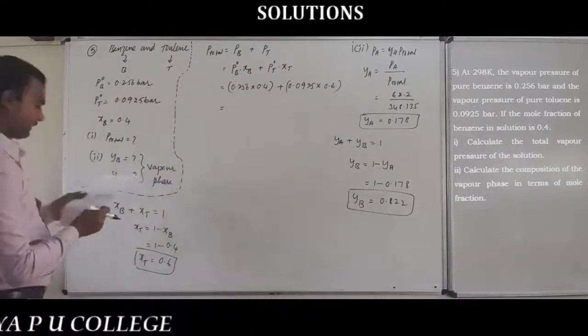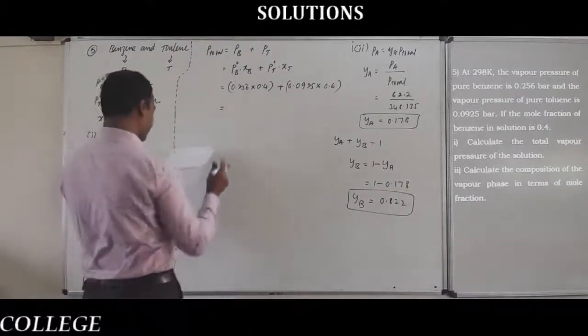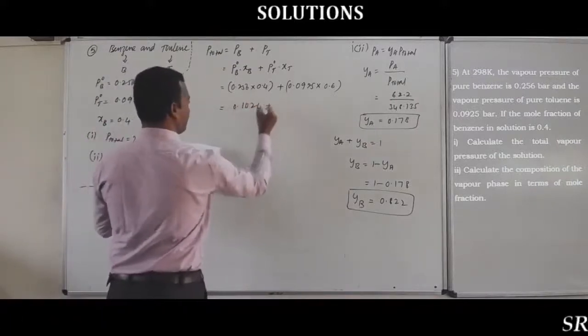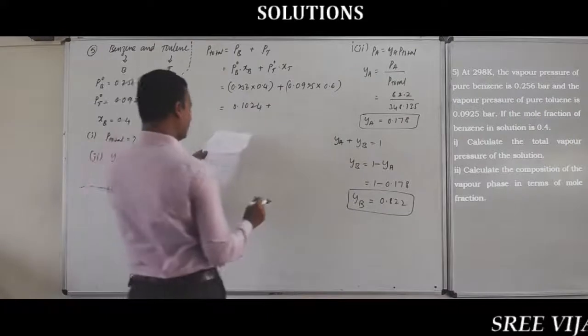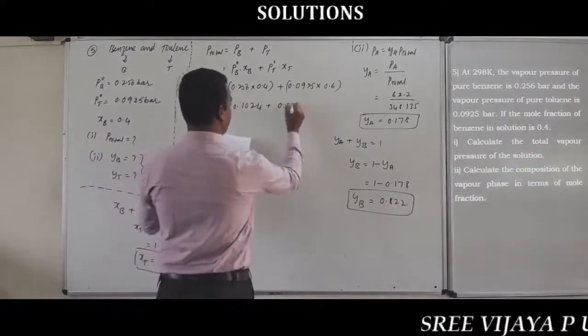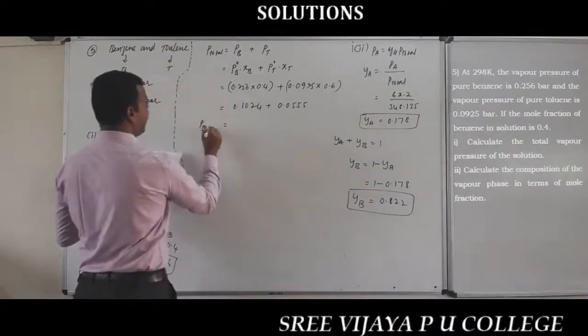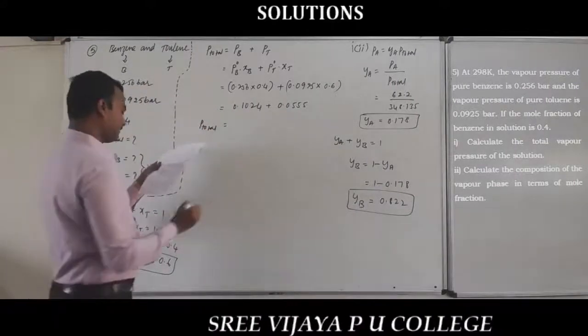So 0.256 into 0.24, that is 0.1024, plus 0.095 into 0.6, that is 0.0555. That is equal to P total. So P total is for that